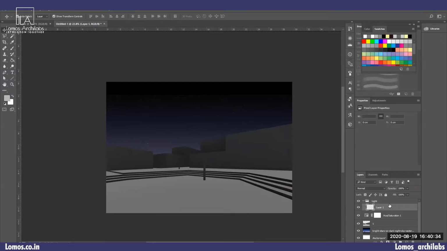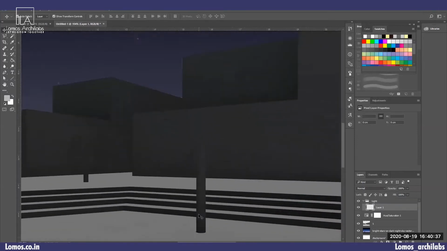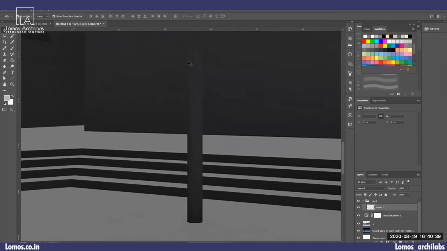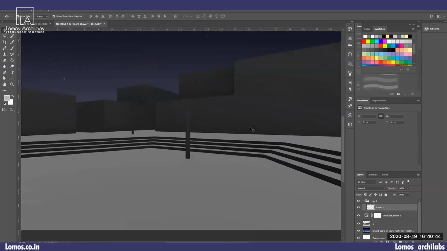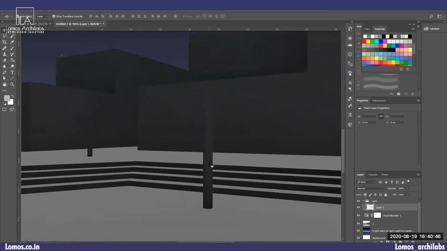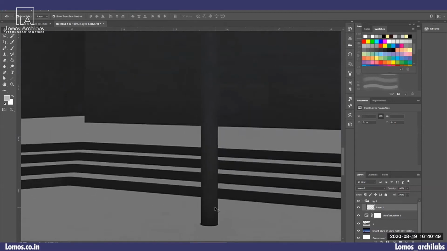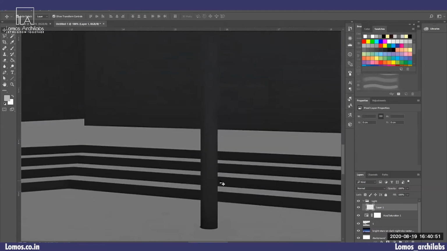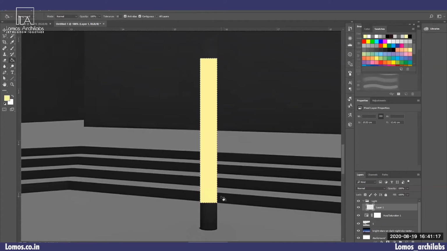Now click on this layer 1, zoom in. So these are the light stands which I have put in this open seating area which is there. So let's just place the lighting. Let's just learn how to get started with the placement of the lighting. So first of all, I will take a rectangular selection, create something like this, then choose a very light yellow shade and fill it. Okay.